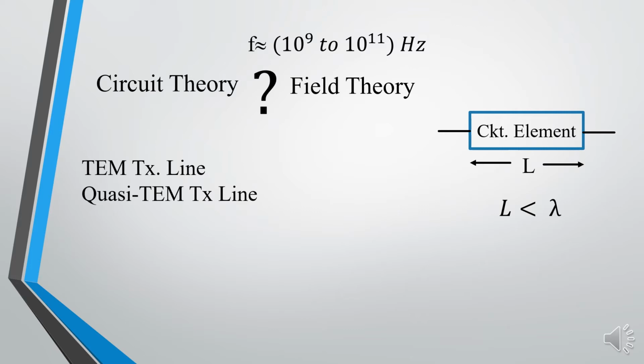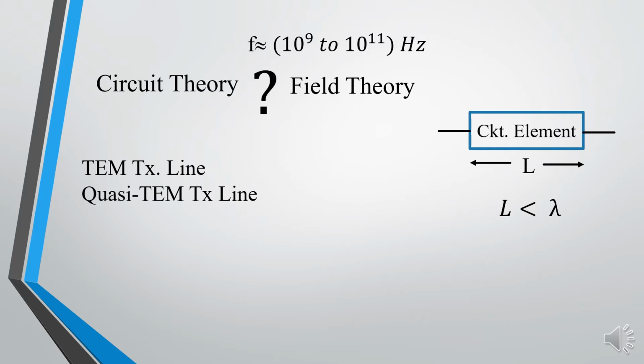Okay, so for this coaxial transmission line analysis, we have to discuss another kind of circuit element, and this is called a distributed circuit element. For a distributed circuit element, the value of resistance, capacitance or inductance changes with the length. Okay, so now come to another important characteristic of the analysis of coaxial transmission line, that is, whether it can be analyzed using circuit theory or field theory.